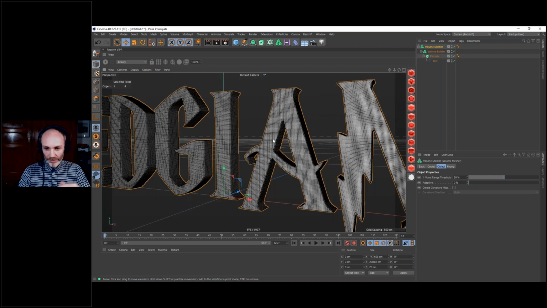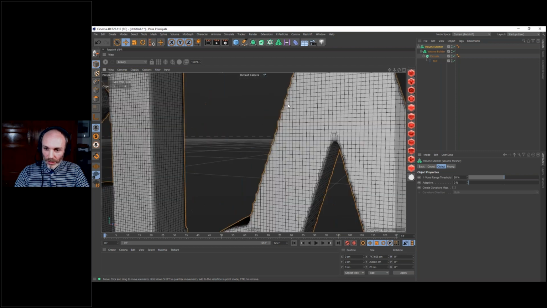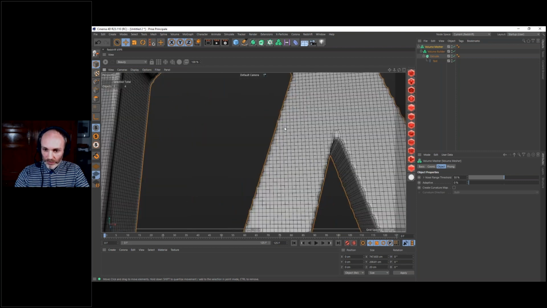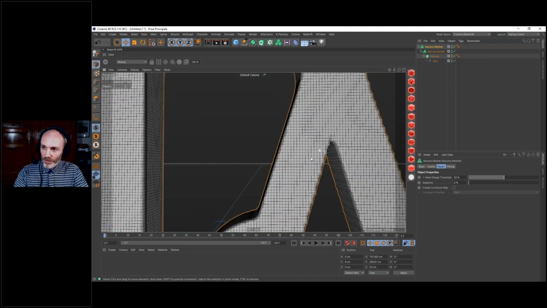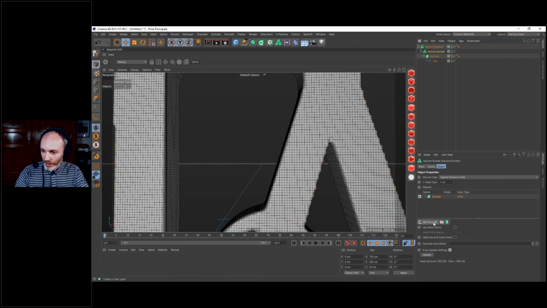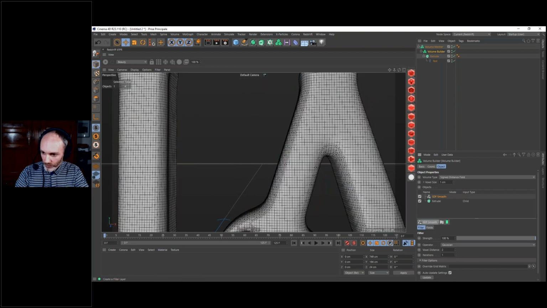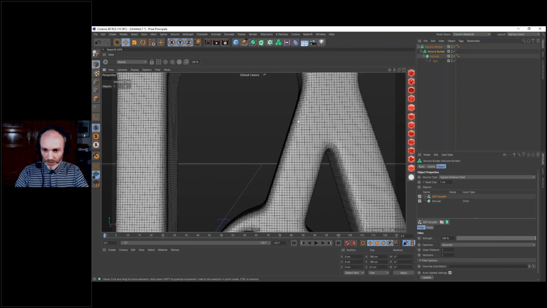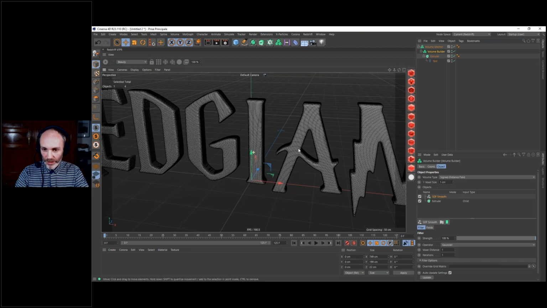Even if you have a lot of them on a curved surface like that, you have that kind of stepping effect. So we need to add to our volume builder here a smooth, and we have the SDF smooth Gaussian. I'm going to reduce it to 1. So now we have something much nicer like that.